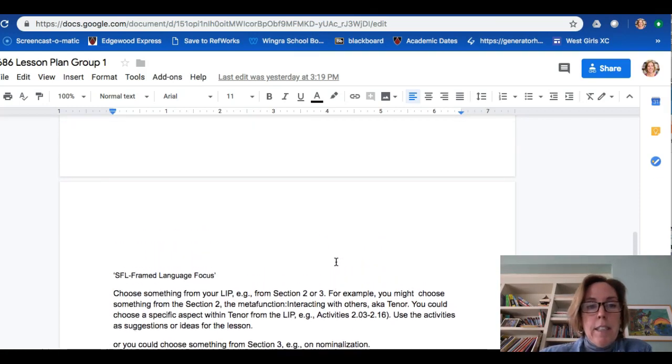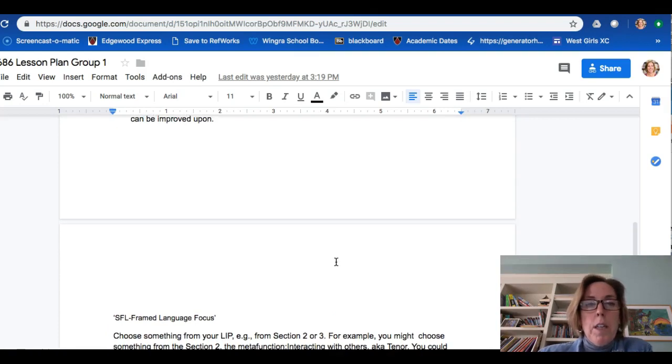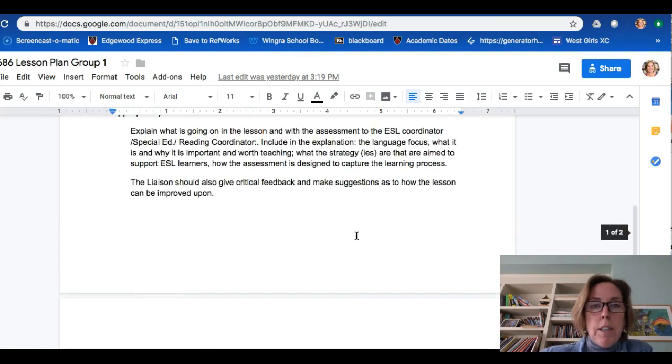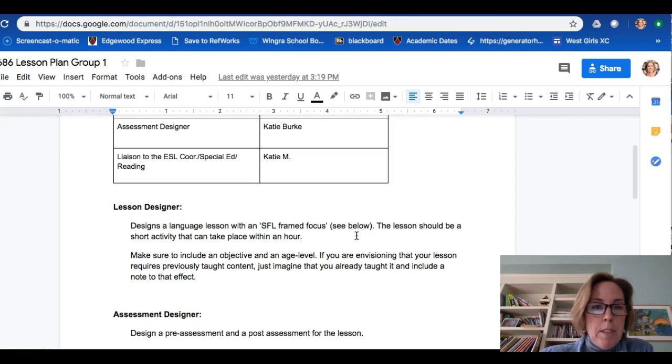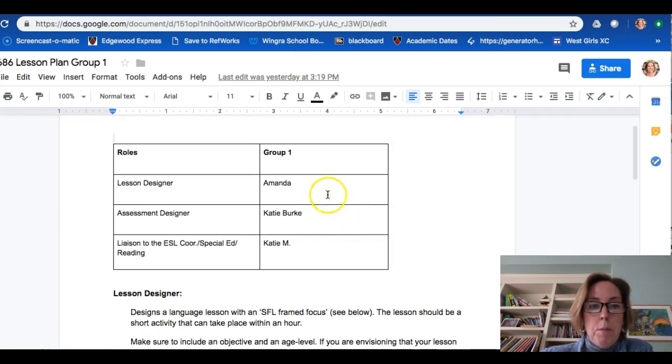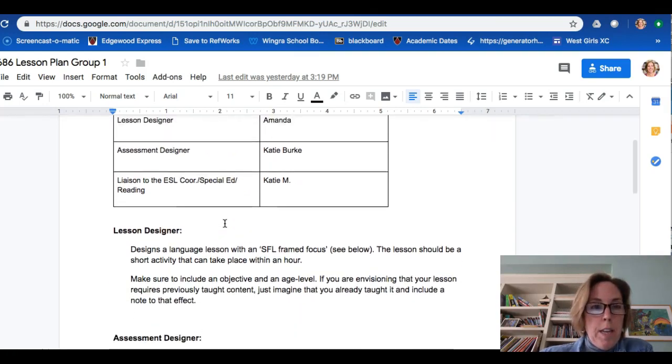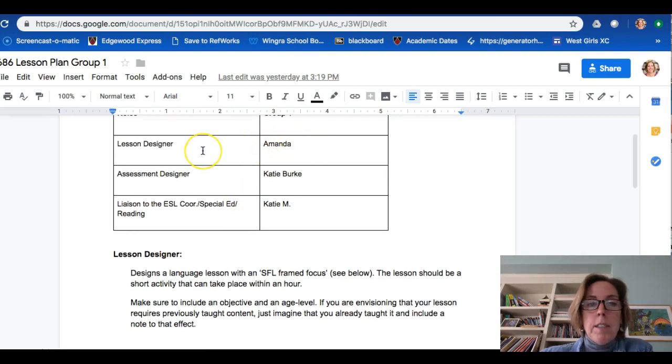And the idea is it's just one lesson. It could be integrated in a larger group of lessons, but really we're just looking for one 45-minute lesson. The groups with 4 will have 2 designers, and then you'll do 2 days worth of lessons. Okay, so Amanda here would design the lesson and post it, and then Katie would come in and design some assessment that goes with that lesson. And then this is what